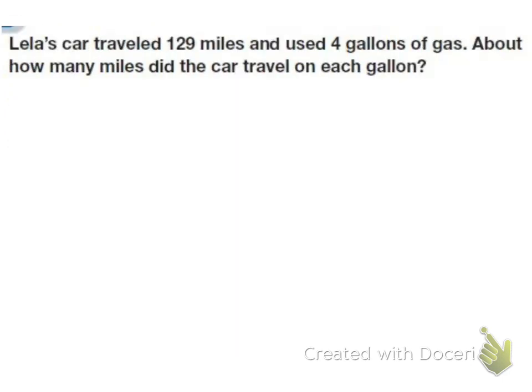When estimating, we don't always have to round numbers to the nearest 10 or 100 or 1,000. Sometimes we can use compatible numbers, which are numbers that are easy to compute mentally. So here we have Leela's car traveled 129 miles and used 4 gallons of gas. How many miles did the car travel on each gallon? So instead of changing 129 to 130, I actually can round this to 128 because I know I can divide